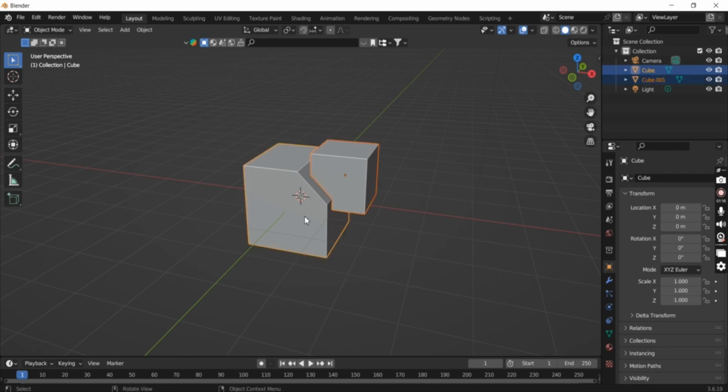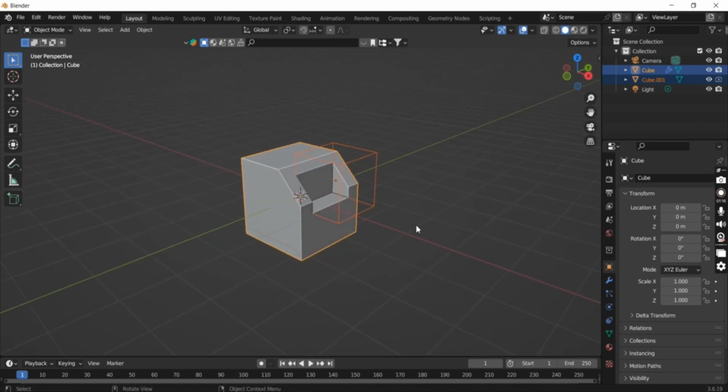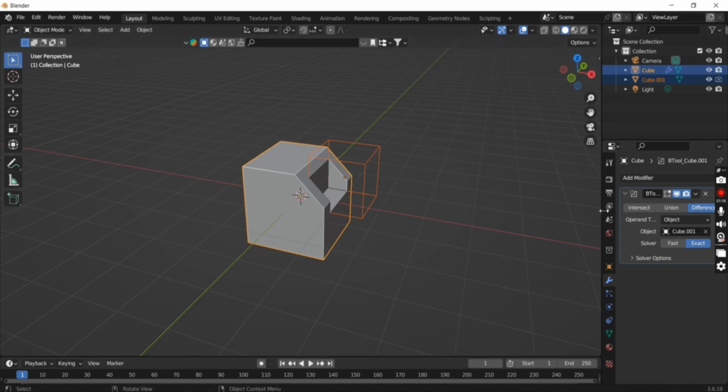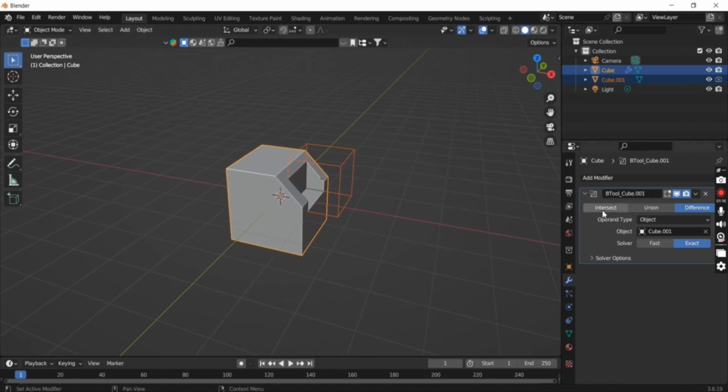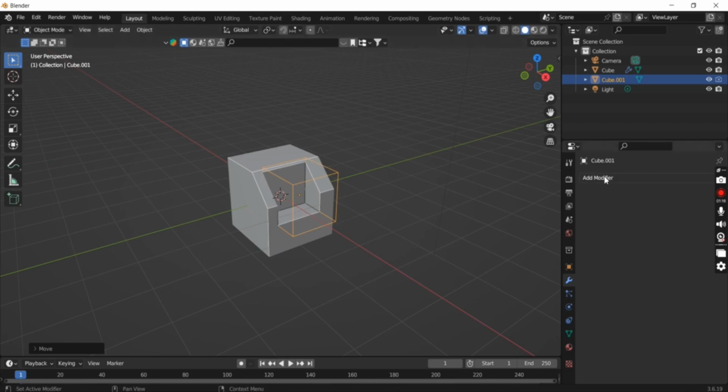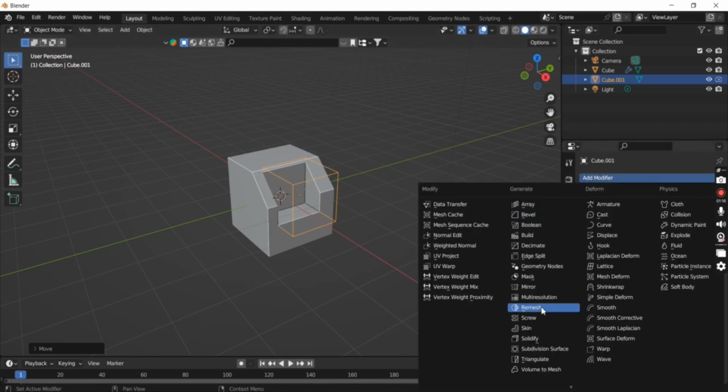Shift-click on the main object and press Ctrl-minus to automatically add the Boolean tool. So when you go to the modifiers tab, you see the Bool Tool cube and it's set to a difference operator. So you can select the cut object and then you go to the solidify modifier,